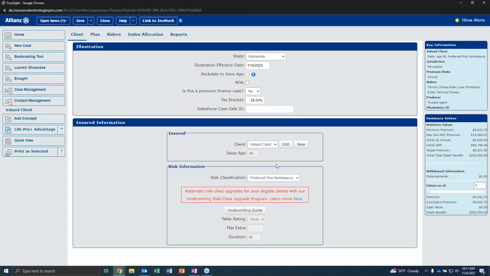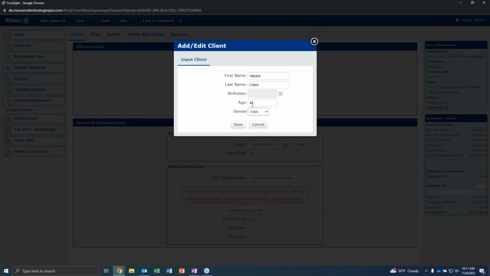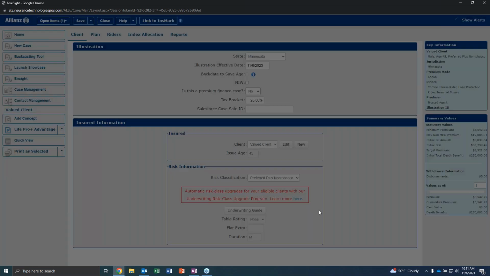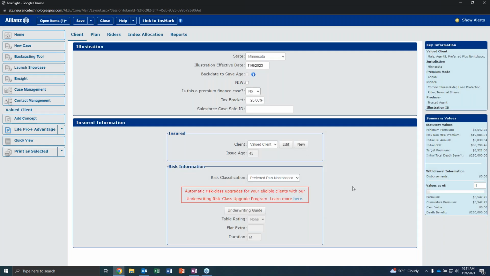So the state again, if you made a mistake, you can just hit edit, change the name, whatever you need to do. And what you'll find in our illustration software is that a lot of the stuff that you need to do will almost pre-fill for you. So like in this case, risk classification,